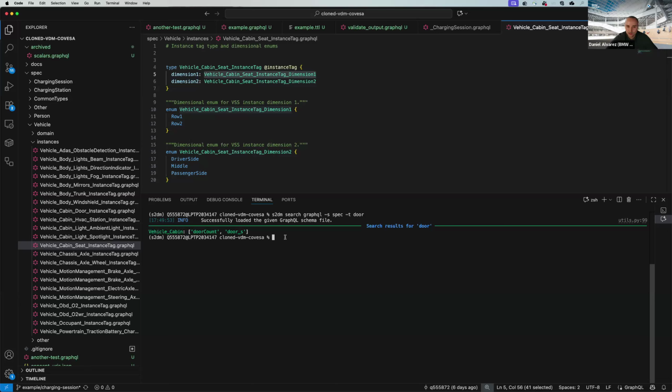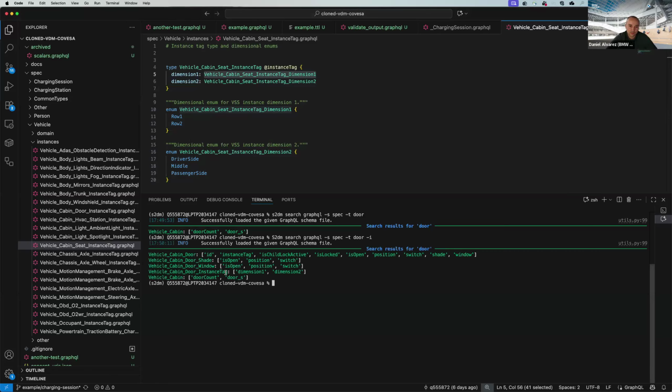Those are fields, but maybe you want to also have an extended search or make it case insensitive, which leads you to more outcomes. This says the door is appearing regardless of the naming case, as you see here in multiple places. And you can also have a strict search,